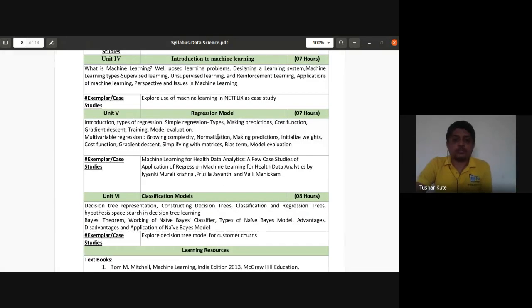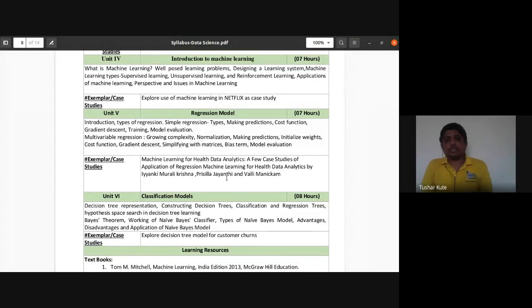So here regression things, linear and multivariate regressions, are there. The case study which is mentioned, that also we will see, how health analytics will be done with the help of regression analysis. And the last unit, unit number 6, is the classification model, where only two classifiers are mentioned: decision tree classification